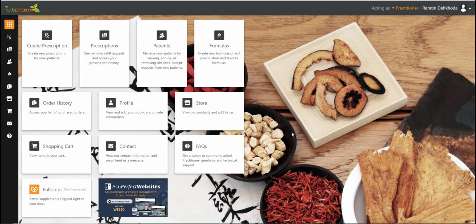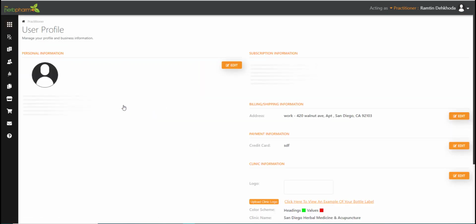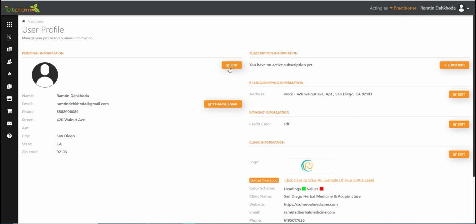Hello, in this video I will be showing you how to set up your profile. From the landing page, once you've logged in, you'll see multiple tabs here, and one of the tabs will be your profile. Click the profile tab, and from here you can begin editing your personal information here,